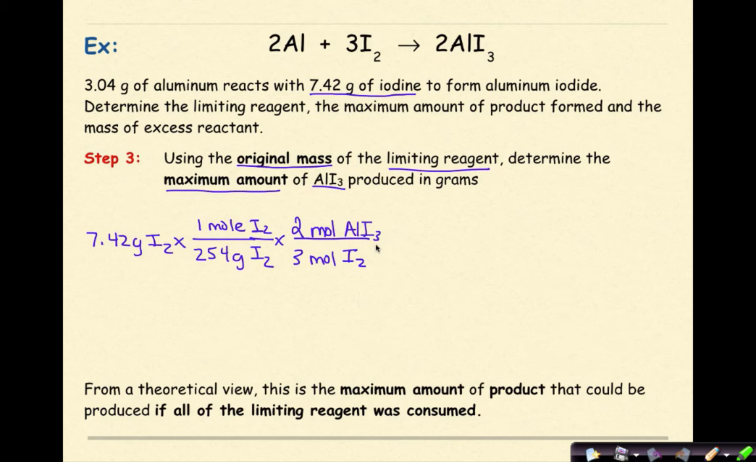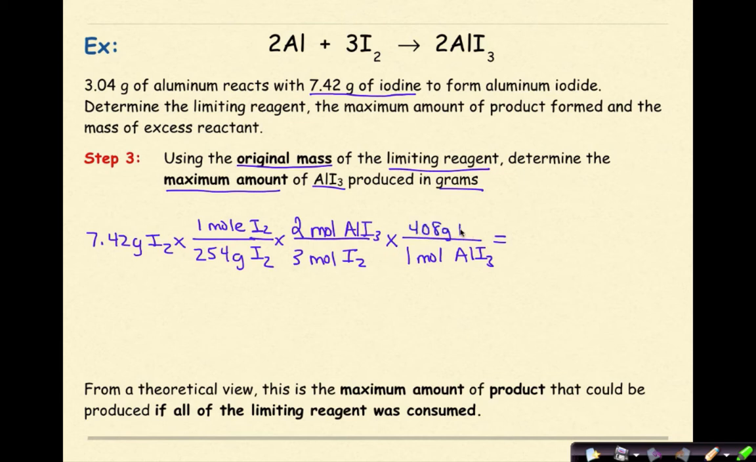And maybe some problems will tell you that's where you can stop. But this problem does not. They want this produced in grams. So we're going to do a multiplication sign and a line. And our last step is going to be converting from 1 mole of AlI3 into grams of AlI3, which is